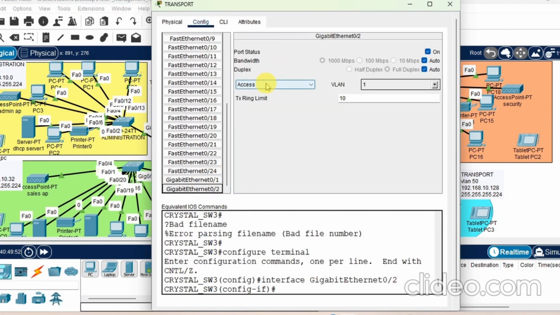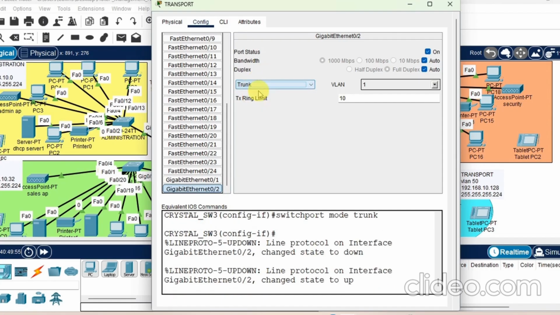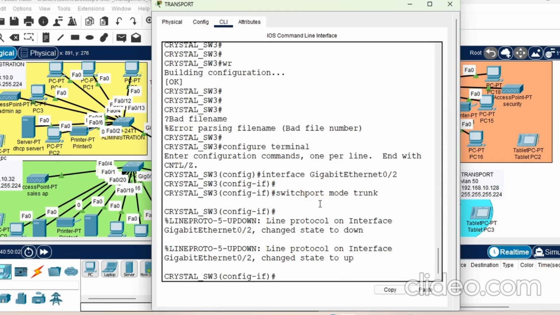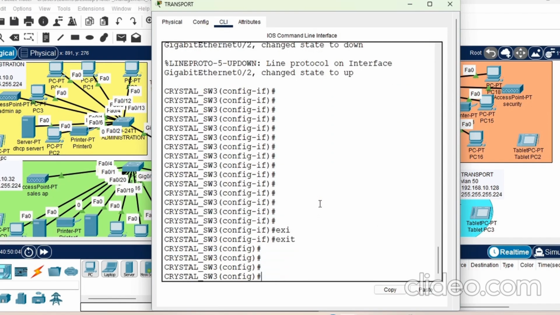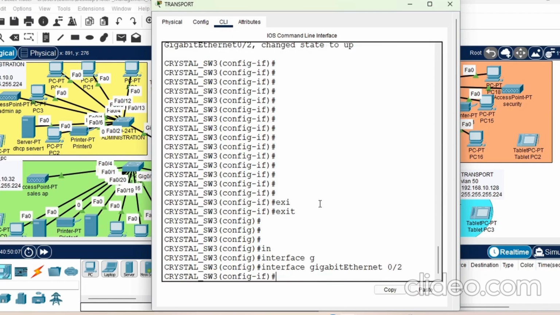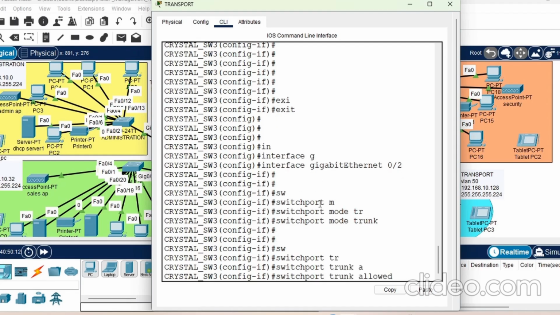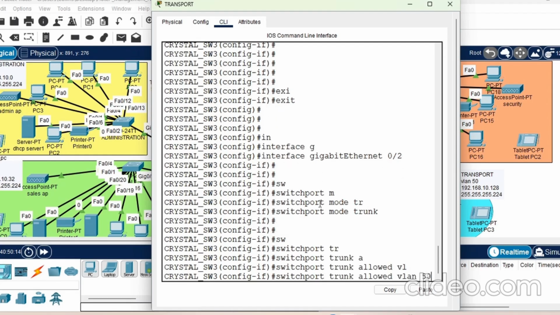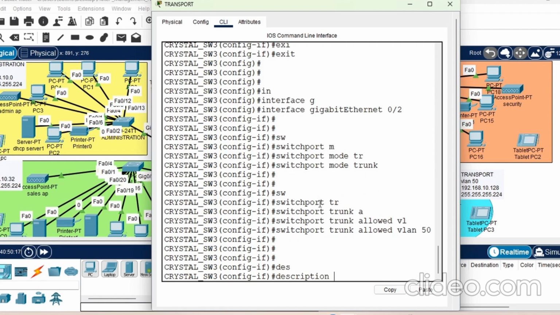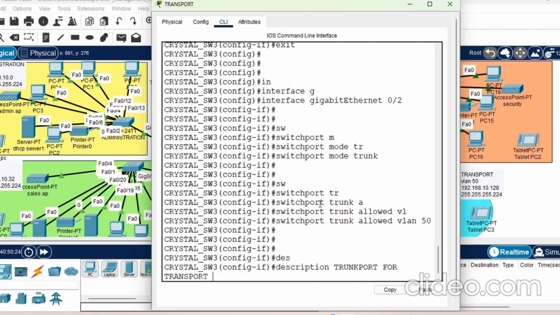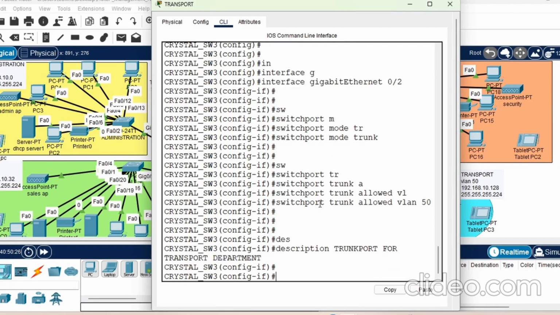So I'm done with this. Let me configure the shortest way. Configure trunk port on this switch. You can just come on config, pick your port. You see now it is in access mode. You put it in trunk. The moment you put it in trunk, it changes on the CLI. Or if you want the long method, we can still do it. Interface gig 0/2, switchport mode trunk, then switchport trunk allowed VLAN 50. That is it. Description, trunk port